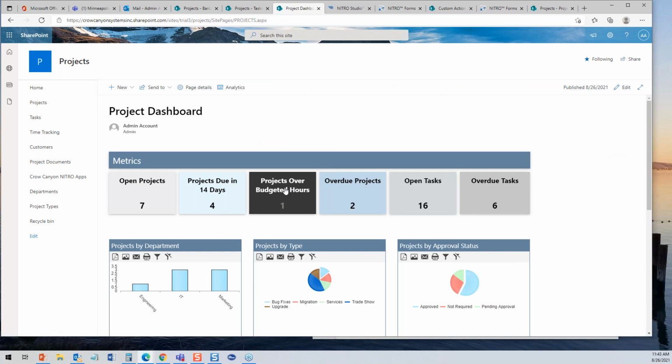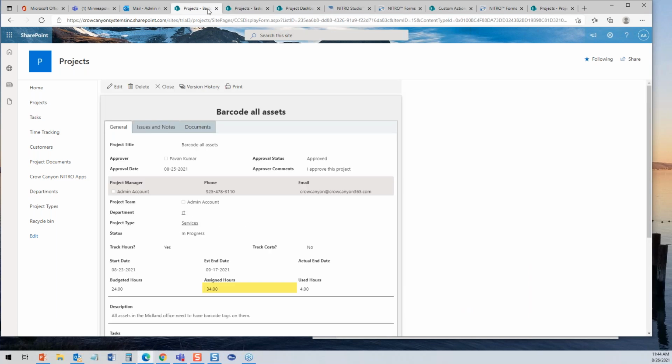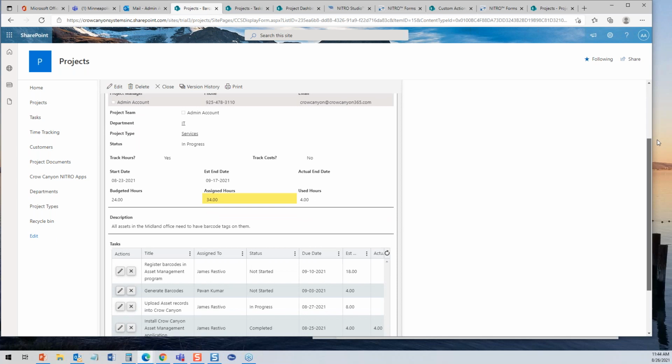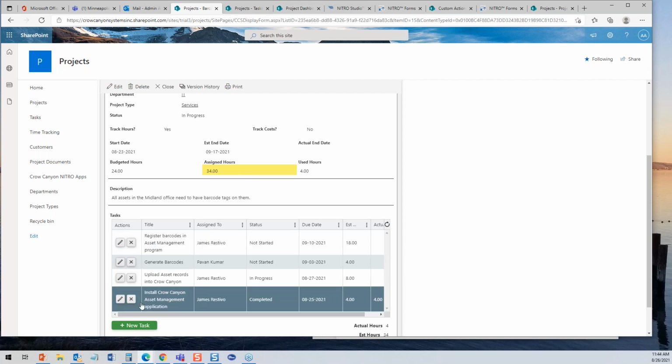number of budgeted hours. Okay, so in your dashboard you get a view of it too, but also in your project list you're getting information about what is and needs to be done to keep you on track and on cost. So you say, okay, it's over the assigned hours, it's budgeted, it's over, and you're going to get notified about it. In fact, you get a notification when you went over. But what you can do also is